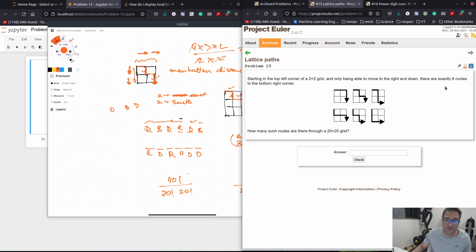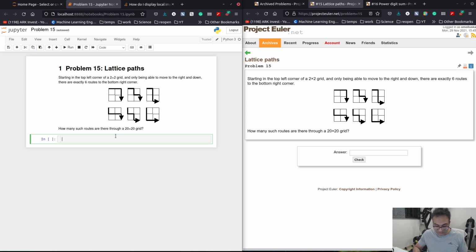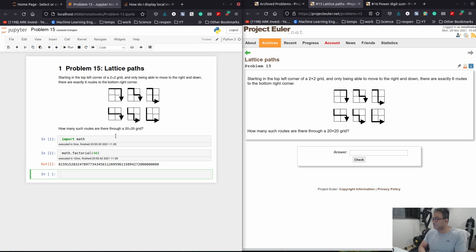Okay, I think this may be a solution. I don't know. Let's see if this is a solution. So the answer is 20 factorial, and in Python you can just do factorial 40. This will be a really big number, but in Python it's okay. Imagine that, huh? This is ridiculous. Okay, let's try this. Math dot